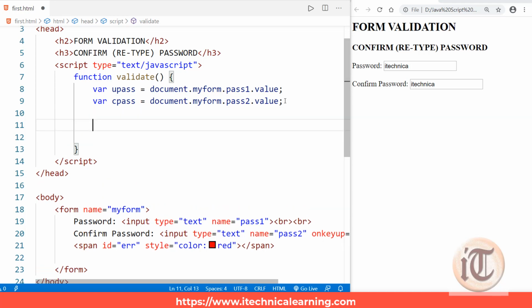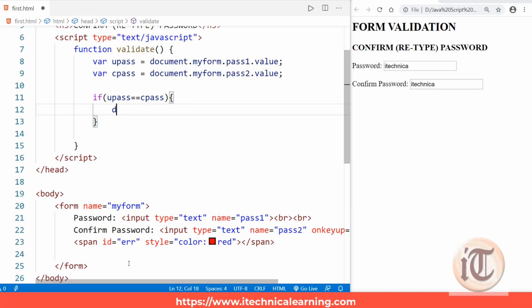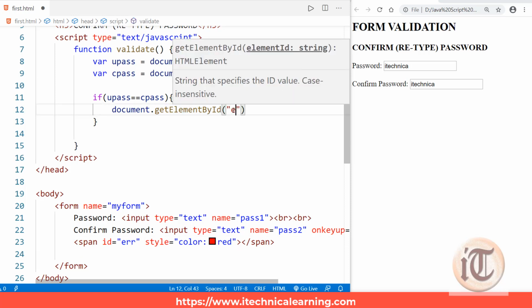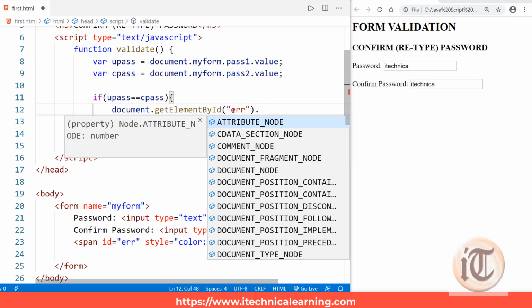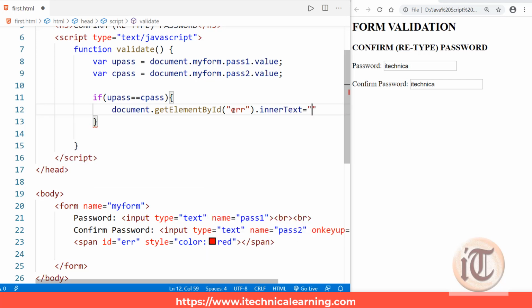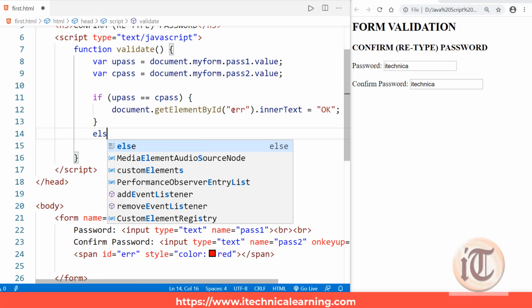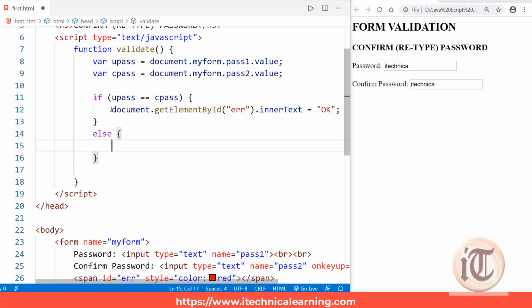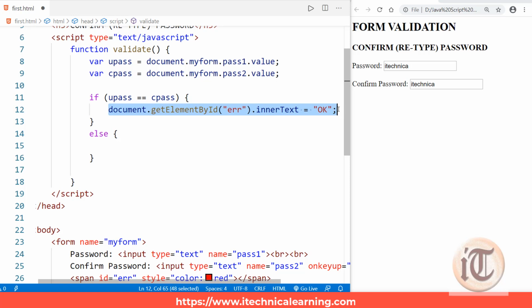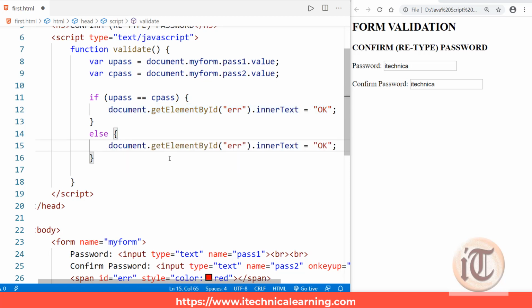So we'll check here, we'll say if upass equals cpass, okay, so we'll say document.getElementById, and the id name is, you can see here, err, so getElementById err dot innerText equals to, I'll say okay, else I will say, I'm copying the same line here, and I'll say innerText equals to not okay.